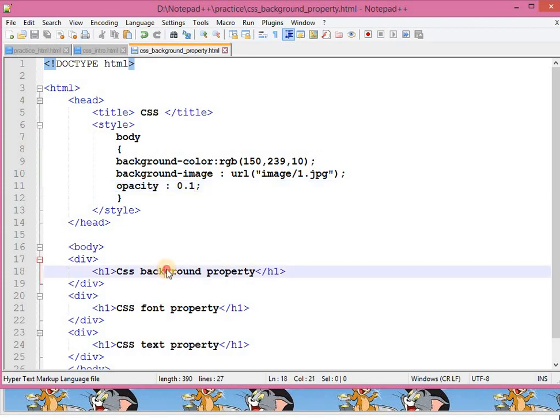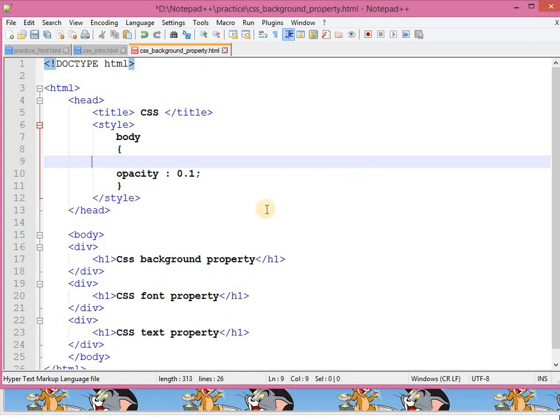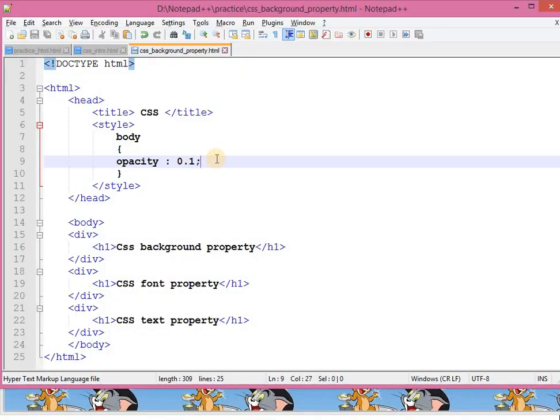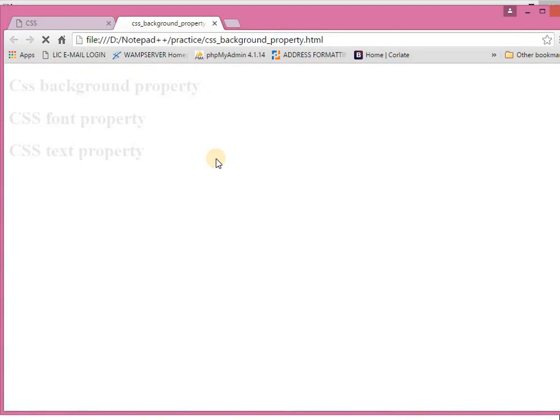It is working for our text. I have set opacity as 0. Let me remove this one. Save, F5. You can see that this color is in a very light format.